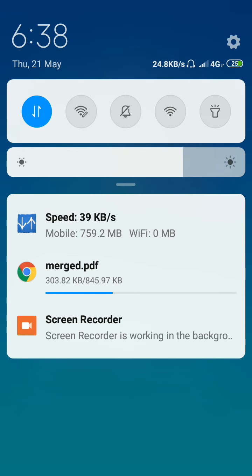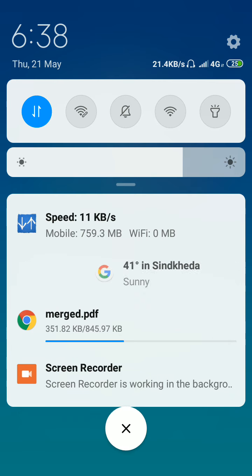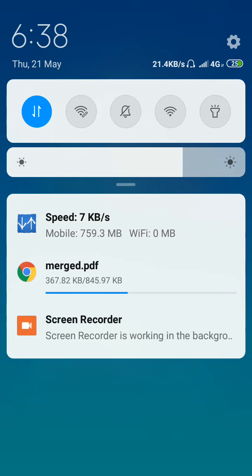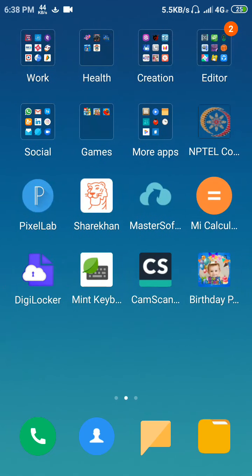It takes some time. With the help of this website or the CamScanner folder, we can easily convert or create the PDF file.